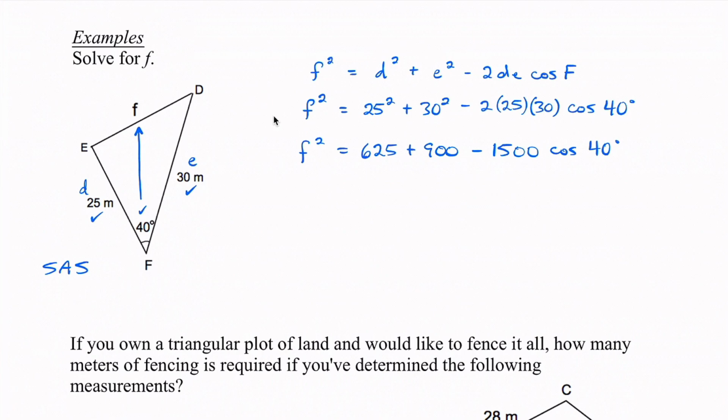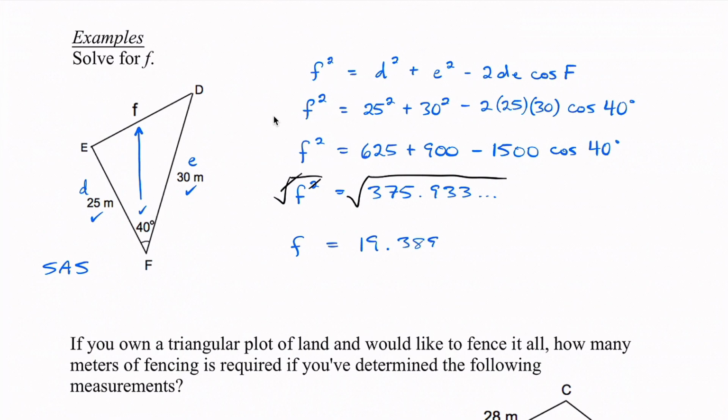So we got that. And then our next step, we can put this whole thing into our calculator, and when we do that, you're going to get 375.933... There's more decimals after that. And then what we need to do, we got to get rid of this square. So to do that, take the square root. Square and square root cancel. And so I got just the f, and then the square root of that 375 number, we get 19.3890 and